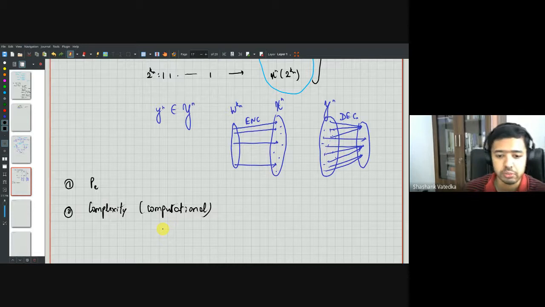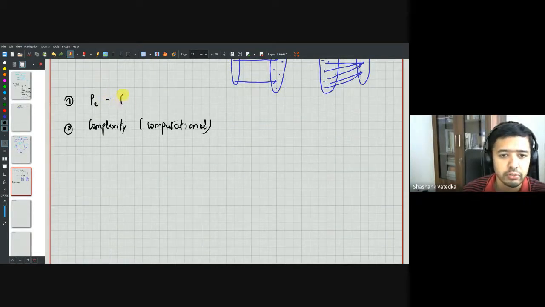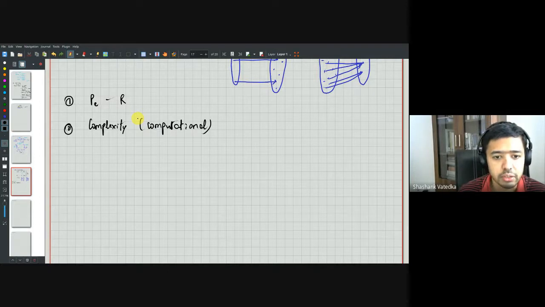So computational complexity should also be very small. Right? So this was the probability of error and the rate, and of course the space and time complexity of the encoding and decoding processes. Now, for now, if we ignore the computational complexity aspect of it,